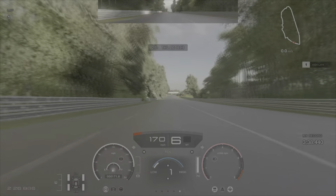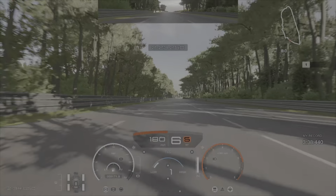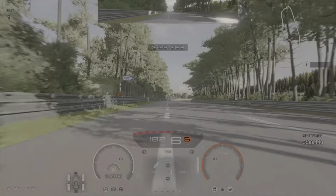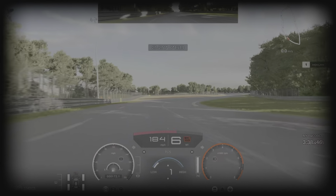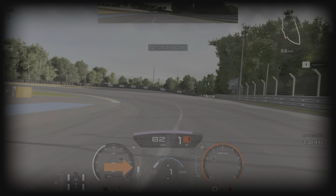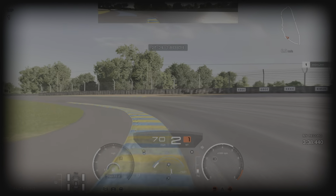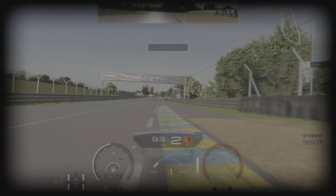Next to this little tricky corner, it's flat out. You can see as we come up to it now, we're going to slow it down, but it's absolutely flat out, and as soon as the car kind of straightens up, even slightly just before, we're going to hit the brakes. So we come there, we're hitting the brakes, we come down to first gear, and we're going to go back up to second again and use all the exit curb as much as we can. Get a decent little exit there,